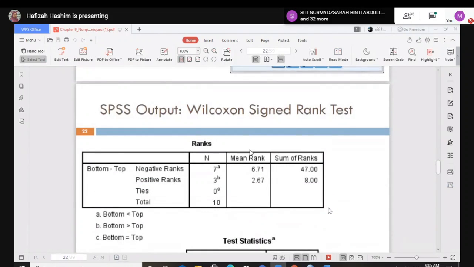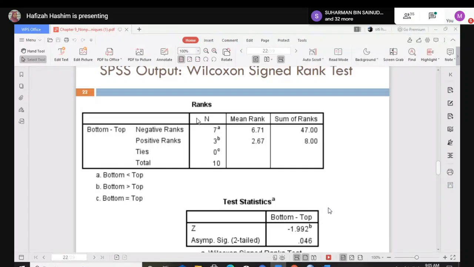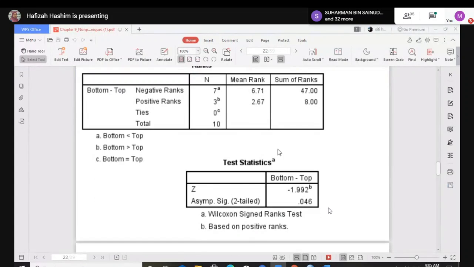For the Wilcoxon, you can see there is a rank table and the test statistic. For the Wilcoxon sign, the value here is less than 0.05, meaning that this is significant. Since this is significant, you can say that there is a difference when you locate the plant at the top or the bottom location.